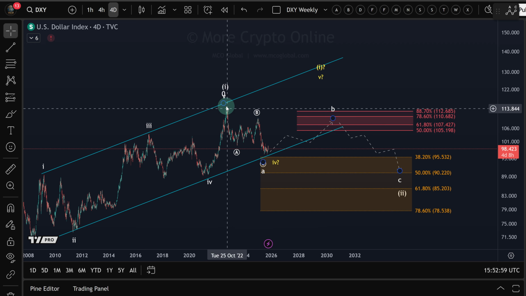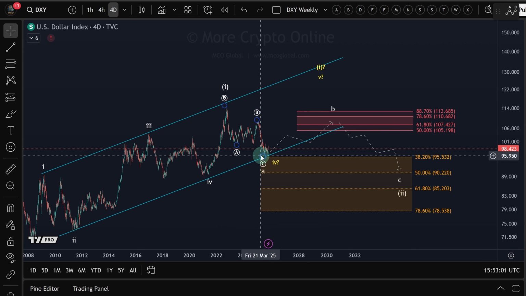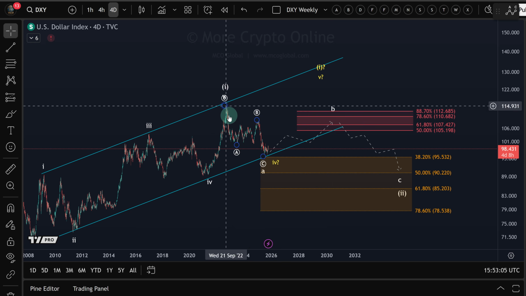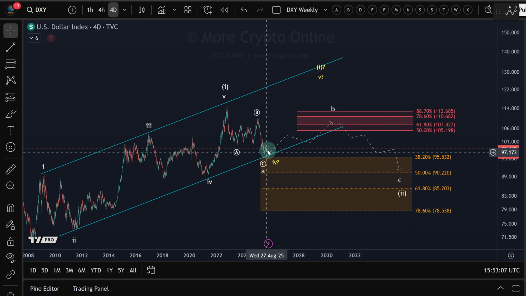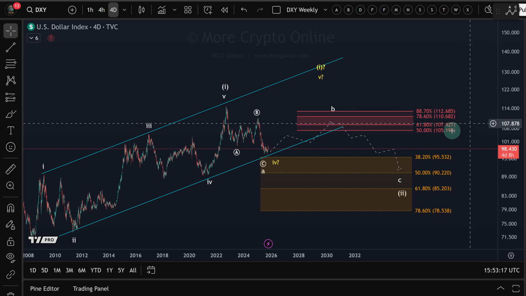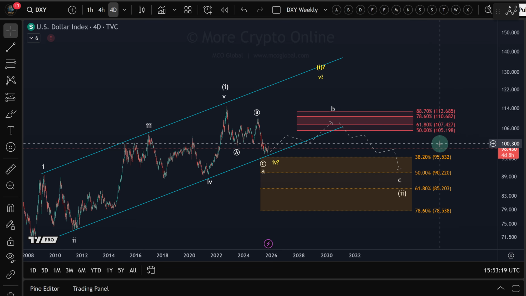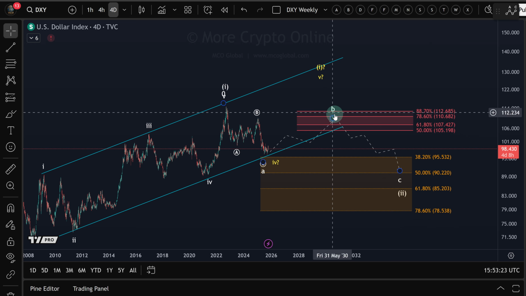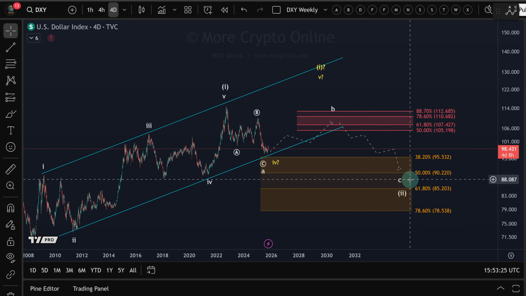In the last couple of years, we've been watching for lower prices on the US dollar index, and that kind of has played out well. And now we want to see a reaction here, which could lead to a B wave bounce, a rally in this B wave, which is a corrective rally with resistance between $105.19 and $112.68. From there, then, a C wave to the downside could unfold.